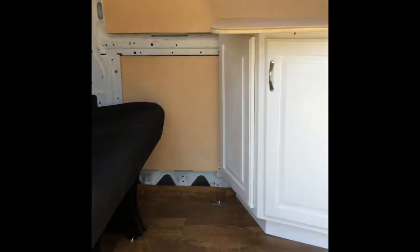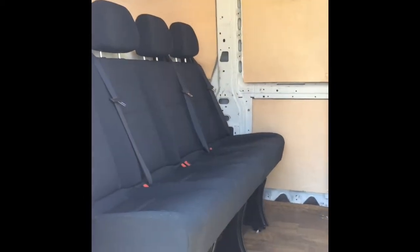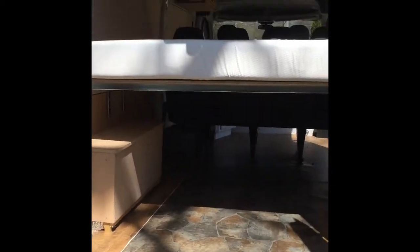Anyway, that is the main cabin of the camper van. Now let's go back to the back. So that is the bed